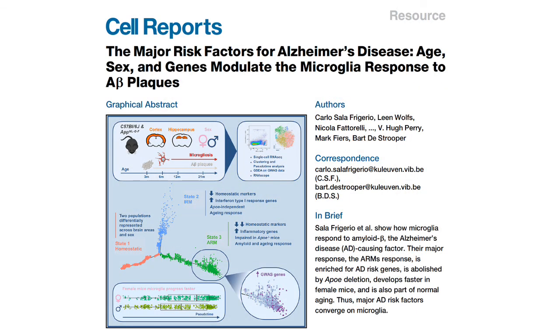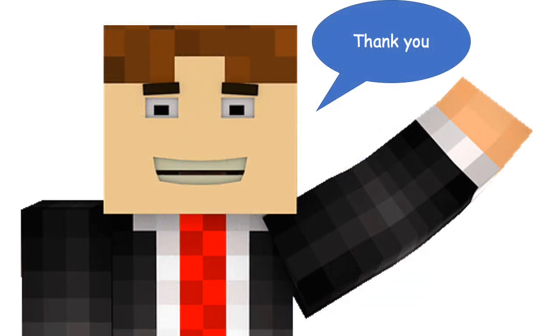And with that, I will close with the following slide, which demonstrates a similar thinking in the context of Alzheimer's disease, showing here how risk factors of Alzheimer's, including age, sex, and gene determinants, actually modulate the microglial response in A-beta plaques. And with that final slide,